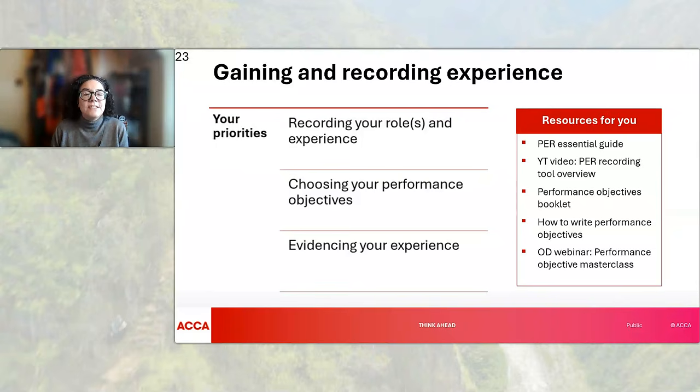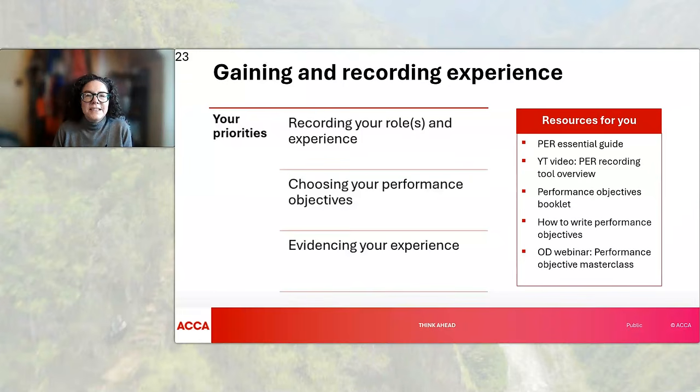Now, everyone needs to complete the 5 essentials performance objectives, but you'll need to decide which 4 technical objectives will be the most suitable for you to demonstrate. Your practical experience supervisor can help you to decide what tasks you can do that will help you demonstrate the objectives, and they can also help you to set deadlines for completing them.